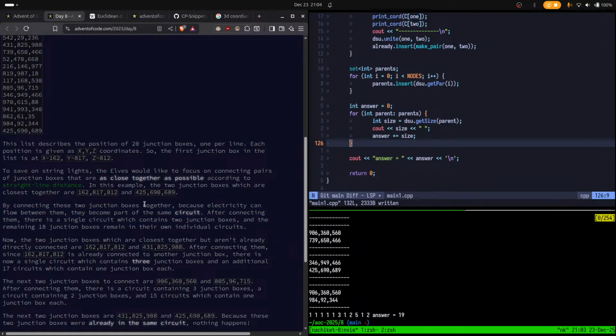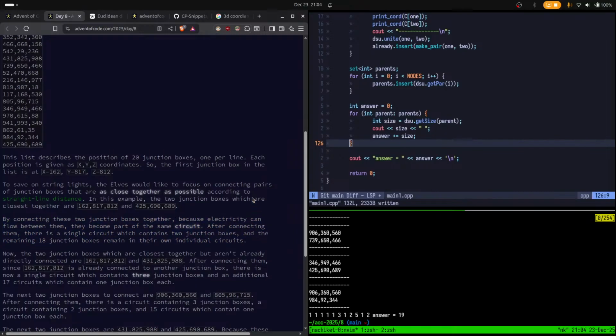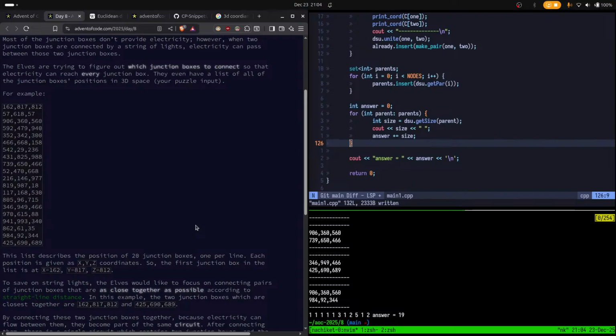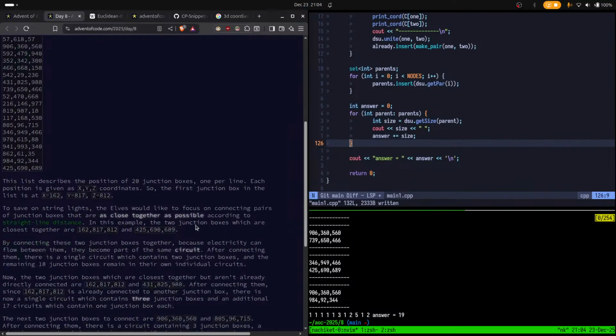Connecting these two junction boxes together, because electricity can flow between them, they become part of the circuit. After connecting them, which contains two junctions, the remaining 18 junctions remain in their own individual circuits. The 18 come from